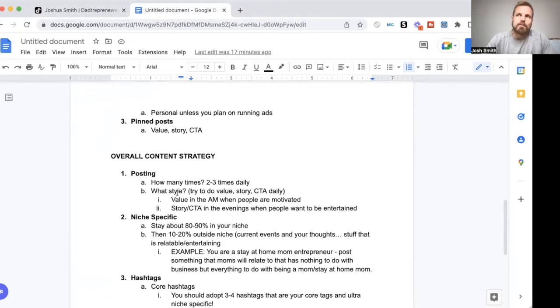But when you're first starting, I know 2 to 3 can be a little bit overwhelming. It's good to commit to that. It's good to get the consistency, get the ball rolling. You can identify what's working, what's not working, and then you can do more of what's working and less of what's not working. But if you're not posting frequently enough, you don't have the data, you don't have anything to review. So I highly, highly suggest starting with 2 to 3 times per day, commit to it and just start doing that and getting it done.